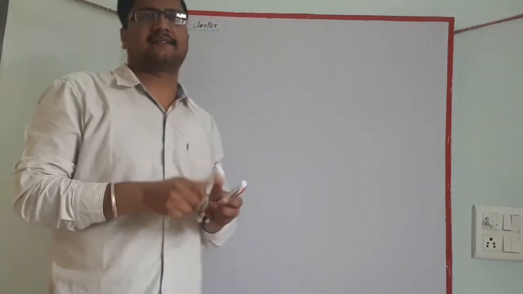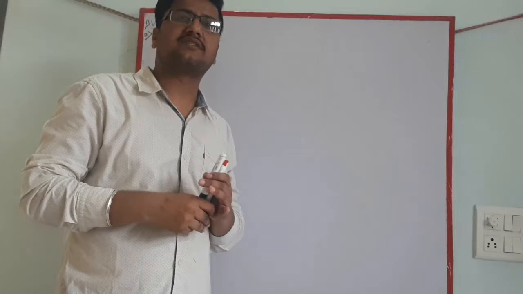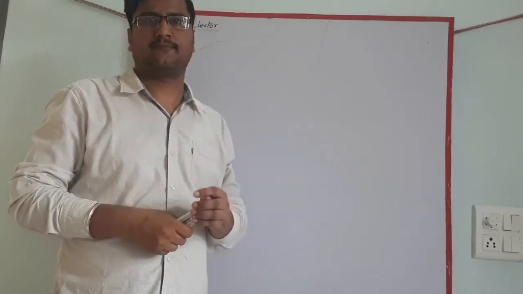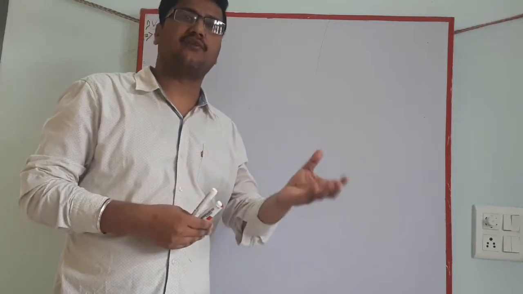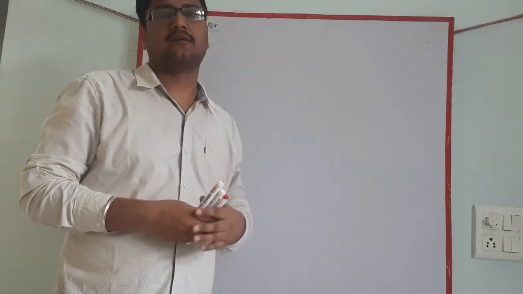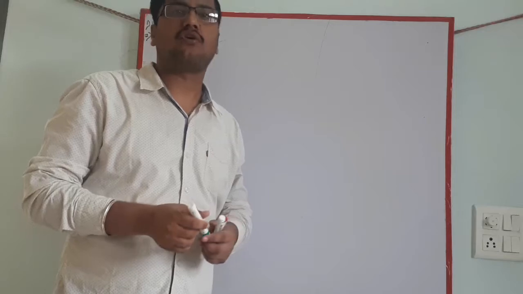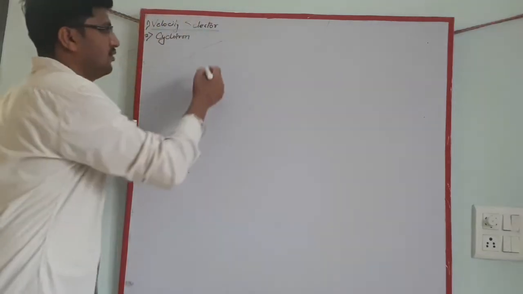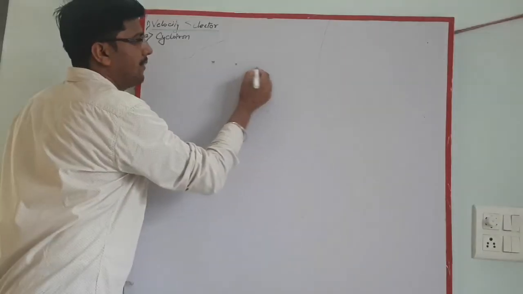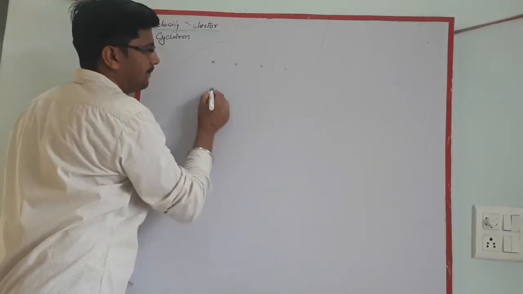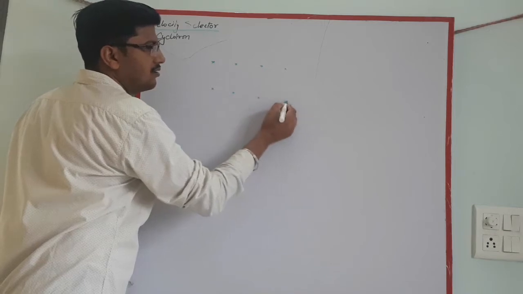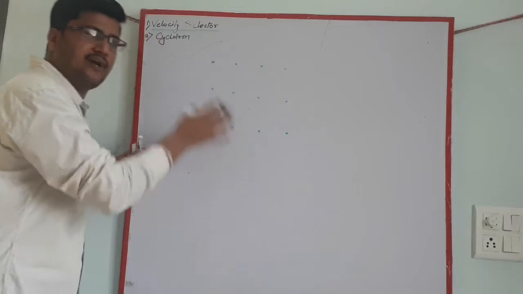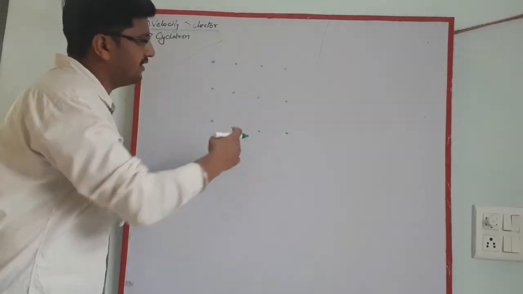What is a velocity selector? As the name suggests, we have to select a particular velocity. How can we select a particular velocity? For that, we use crossed magnetic field and electric field. Let us assume we have a magnetic field perpendicular to the plane of the board and in the inward direction,